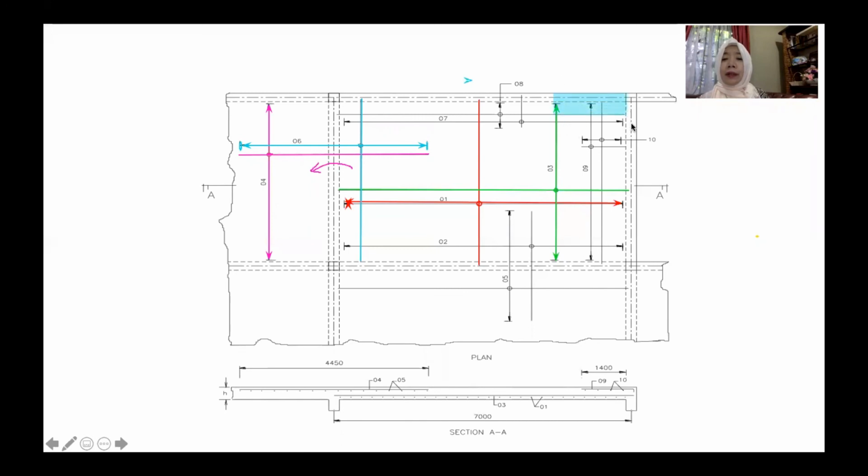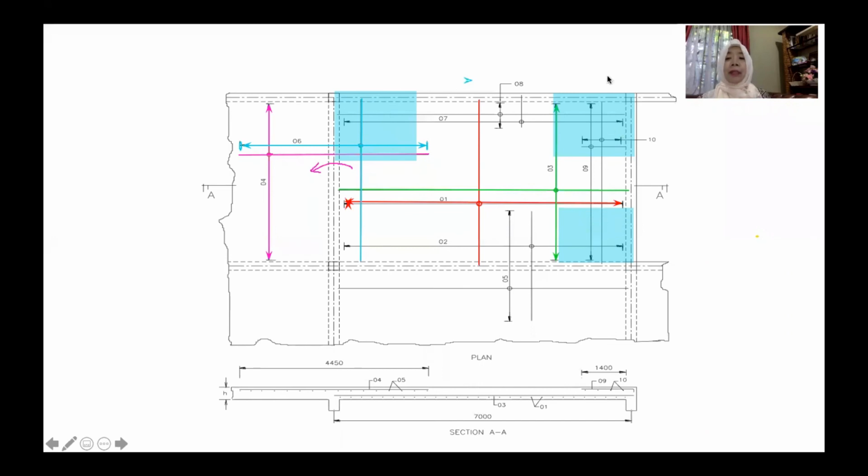Here, we must provide the torsion steel on top of the slab. Here also, but at the top face, dekat atas, not inside. It's only provided if there's a free edge, to avoid it from the torsion or lift up. Okay, here because of free edge, so we need to provide the torsion reinforcement, torsion reinforcement over